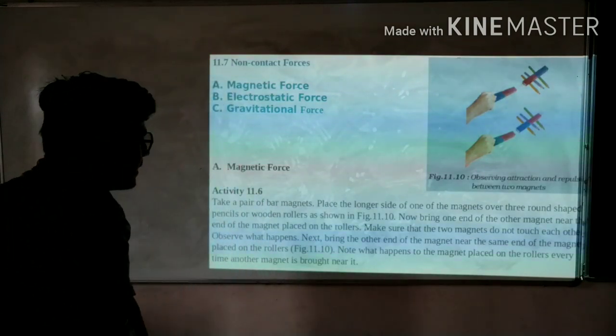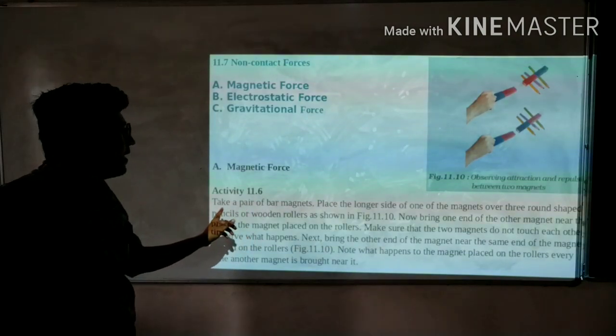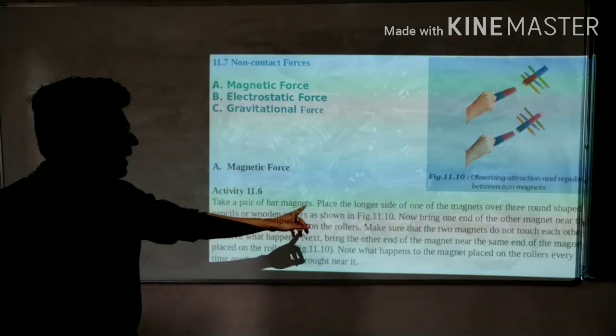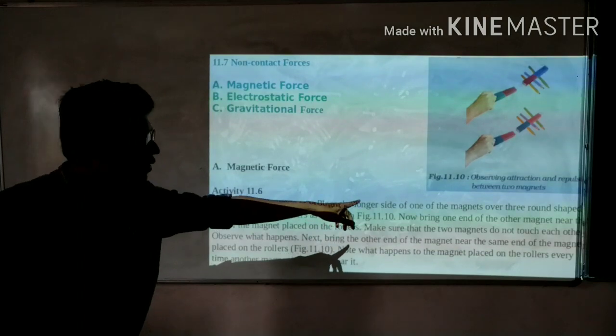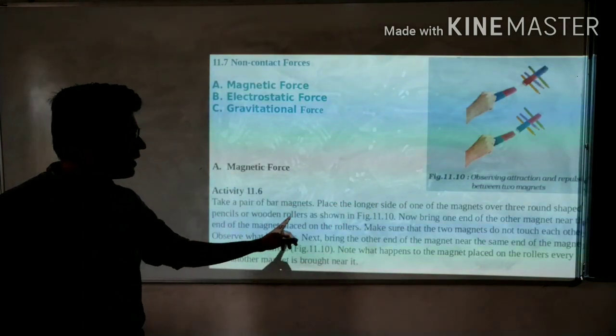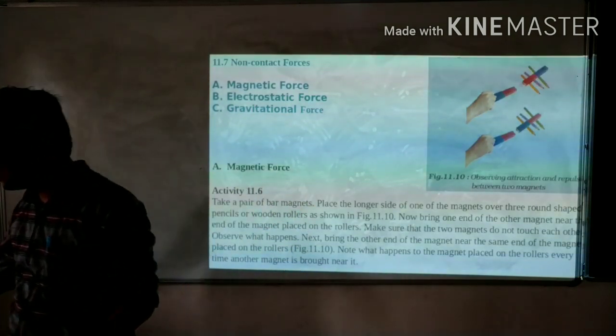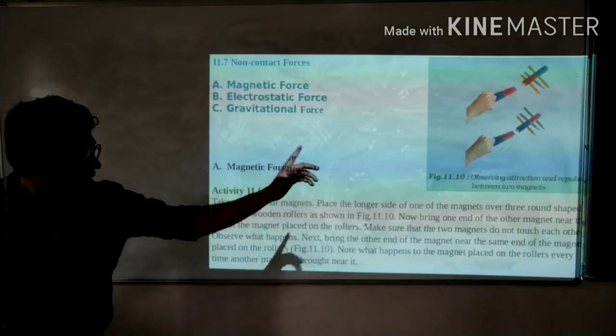So let us take an activity. Activity 11.6 says: take a pair of bar magnets, place the longer side of one of the magnets over three round-shaped pencils or wooden rollers as shown in the figure. This is the same activity that I have told you through the pictures.